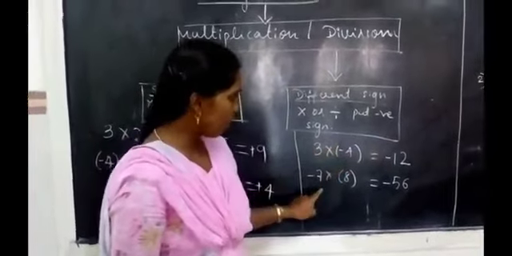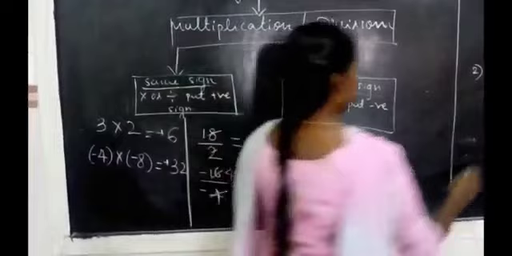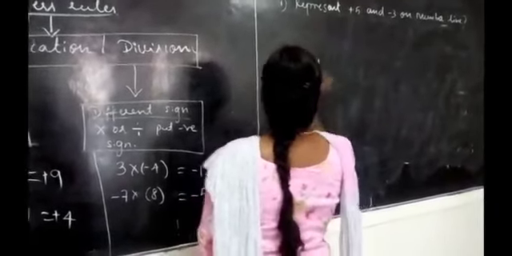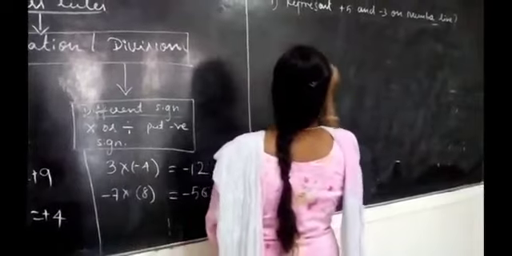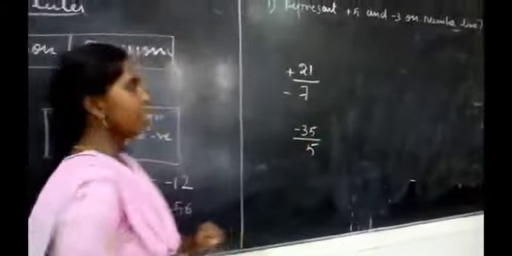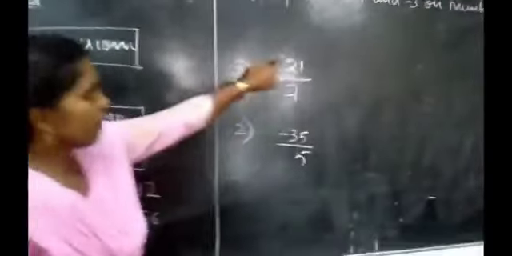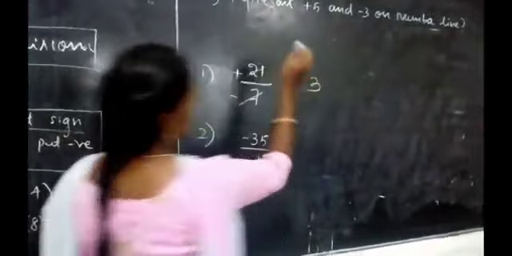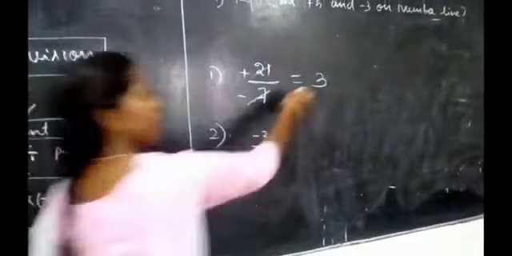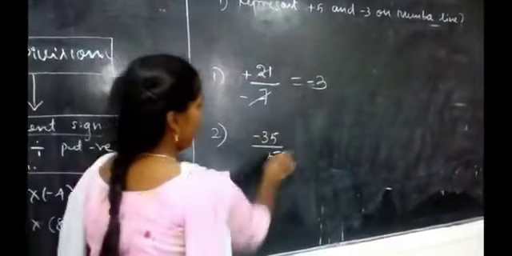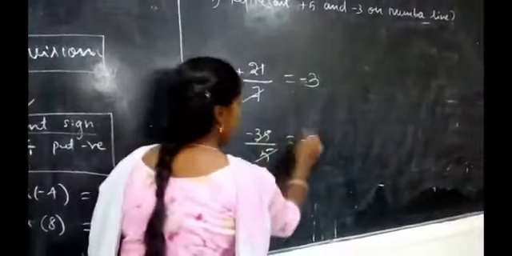We discussed two examples under multiplication. Let me show some more examples under division. For example, 21 by minus 7 and another example, minus 35 by 5. Look at these two examples. If the divisor and dividend have different signs, first you divide the numbers as they are, then you will get a quotient of 3, but put the negative sign. According to the conditions, we have to write the negative sign. And here 5 7s are 35, then write the negative sign.